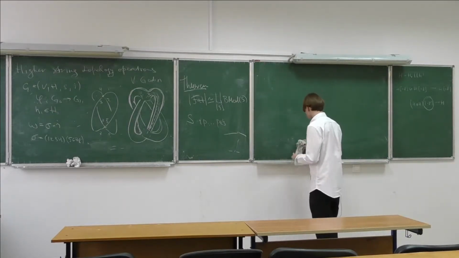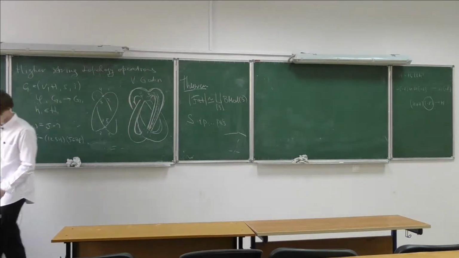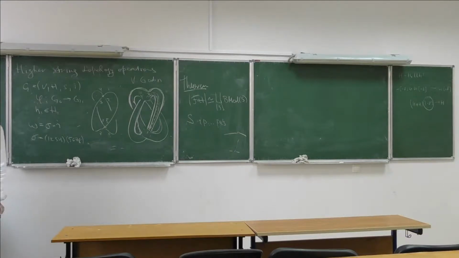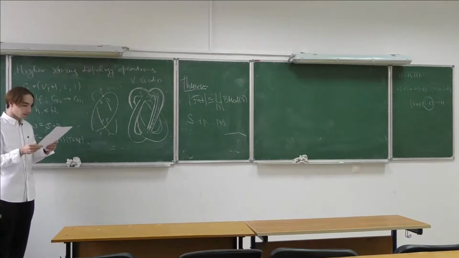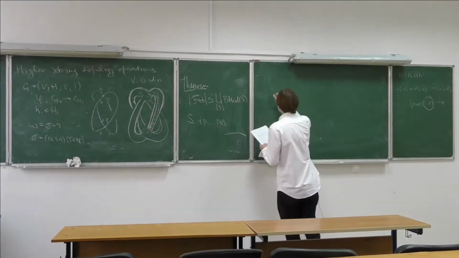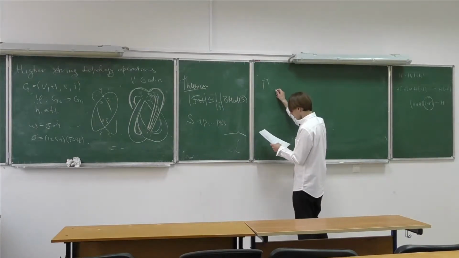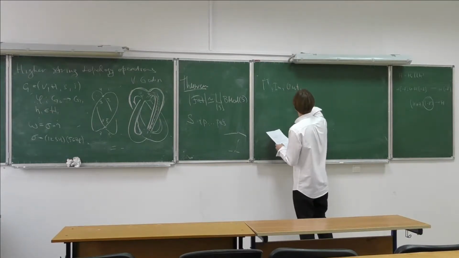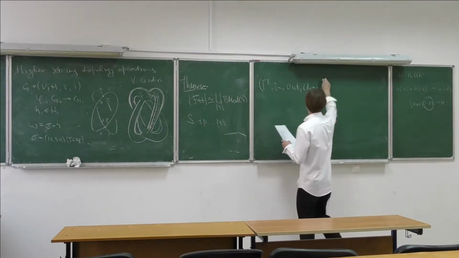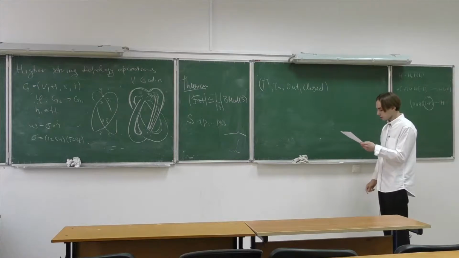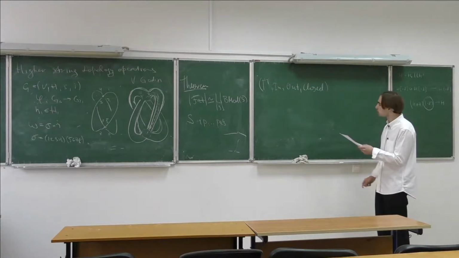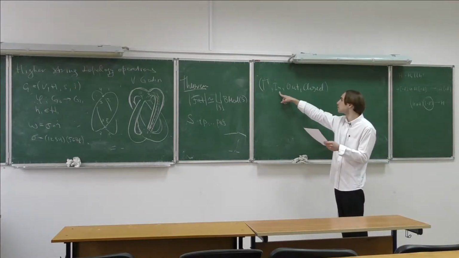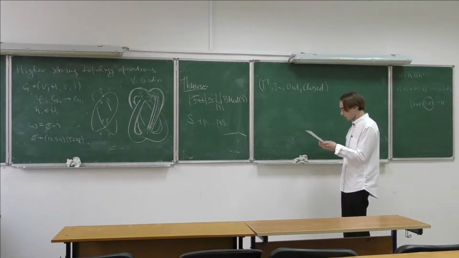Now, for the purposes of our construction, such a model does not suffice, but we can improve it a little bit so it would work. And so now an open-closed fat graph will be a fat graph gamma such that its set of leaves is divided into 3 parts: the incoming leaves, the outgoing leaves, and the closed leaves,